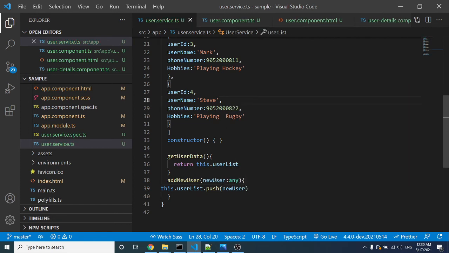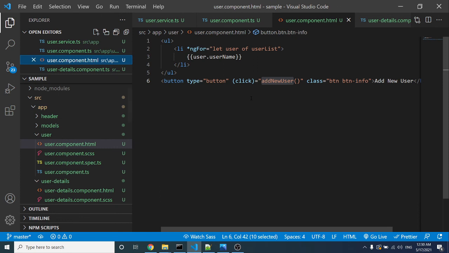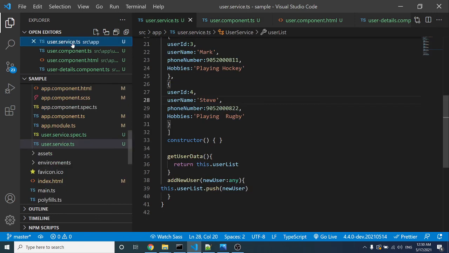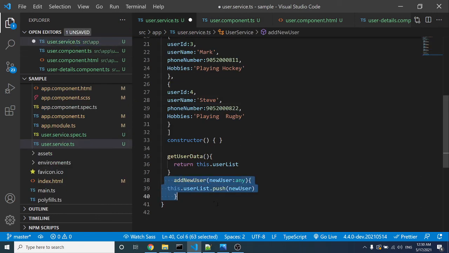What we are doing here is we have taken a button inside the component html and given a click event. On click of this event, we want to add a new user to the user list. Here we have taken newUser, and we have created one more method inside the service, which is addUser.